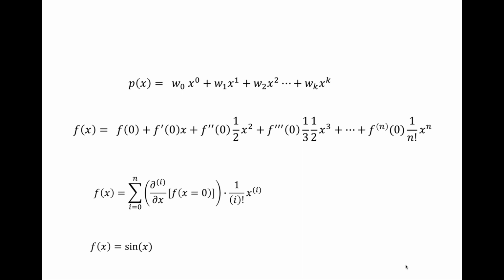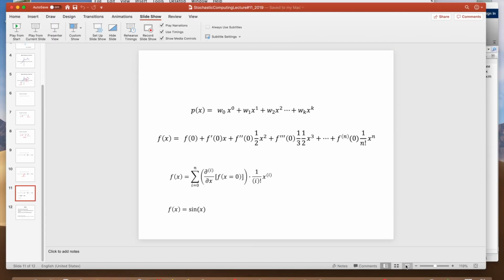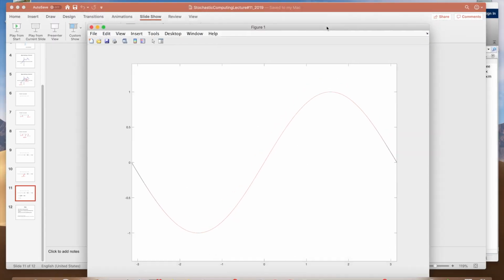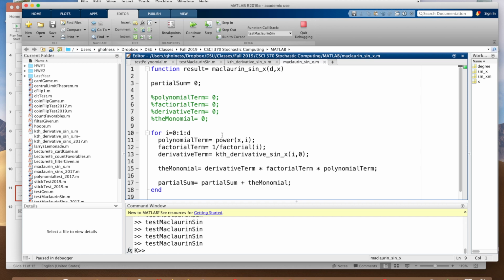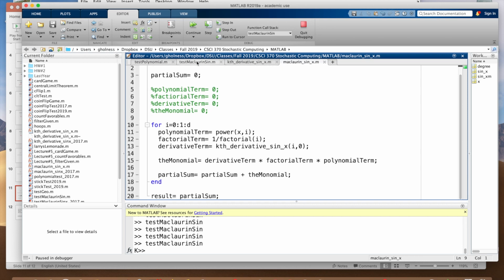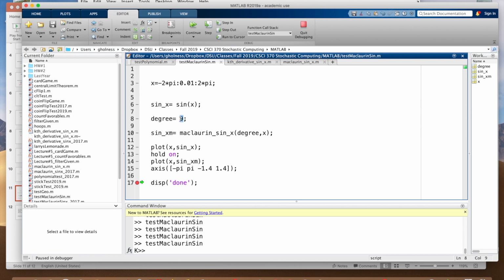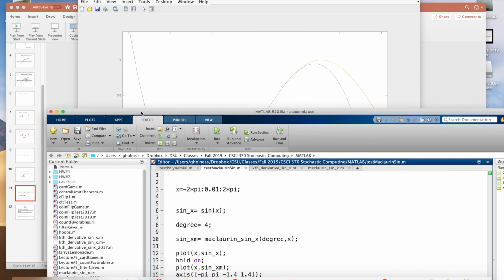Now, suppose you were on a watch platform and you wanted to evaluate a function, and your platform didn't have a lot of computation power. Then what you could do is say, okay, I'm willing to trade off accuracy against computation. So if I want to compute something that looks like a very weak sine wave, I don't need to have it completely accurate because I don't have the amount of MIPS or compute power that I need in order to compute it precisely. Then I might say, okay, I'm willing to say degree 4 and just deal with the fact that it's not 100% accurate. That's a little bit different, as you can see here with the degree 4.